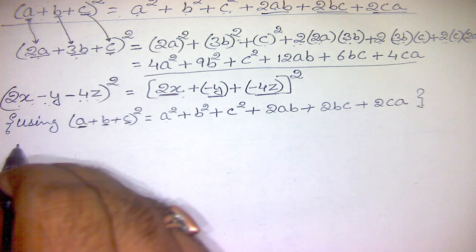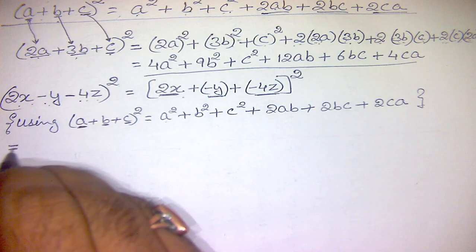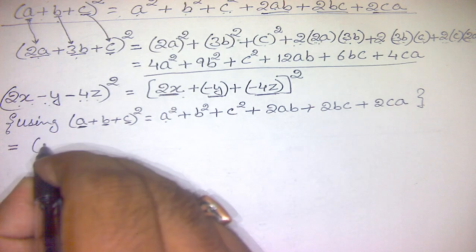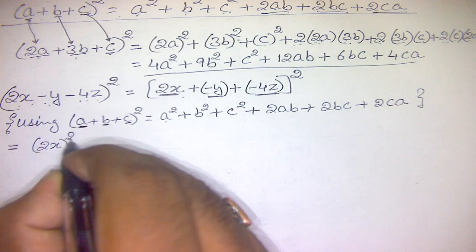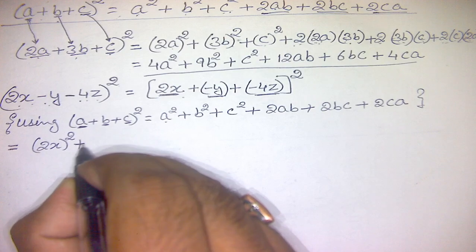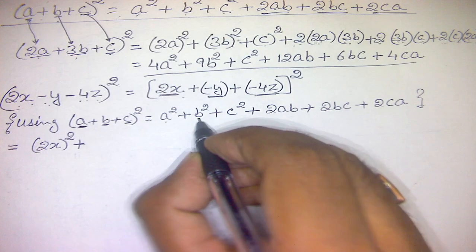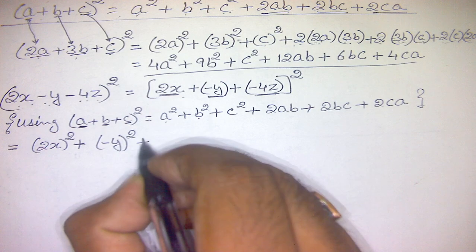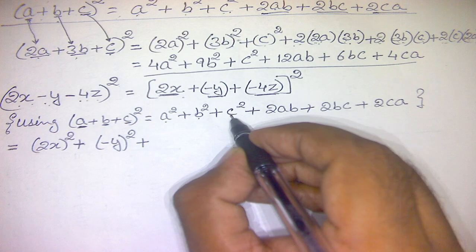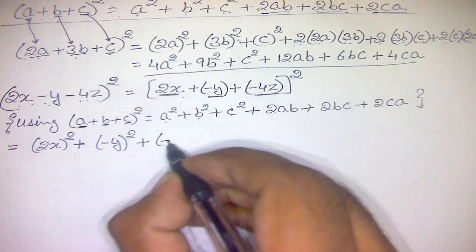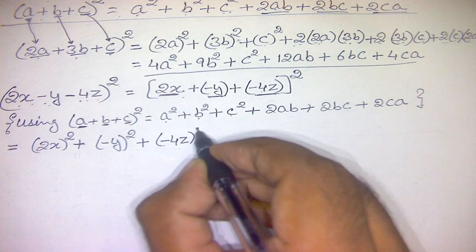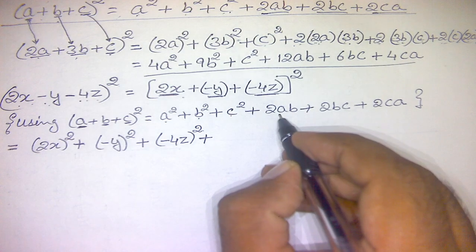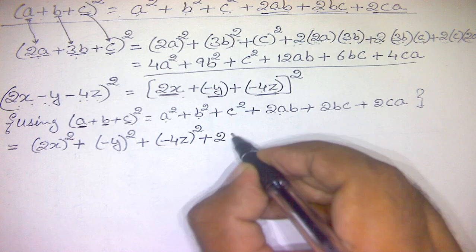So here now comparing it, square of a means square of 2x, plus square of b, it means square of minus y, plus square of c, that is square of minus 4z, then plus 2ab, twice the product